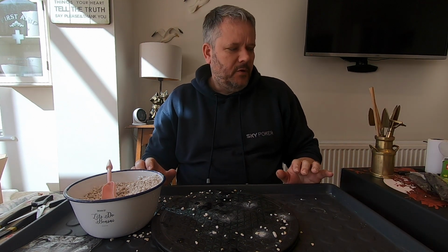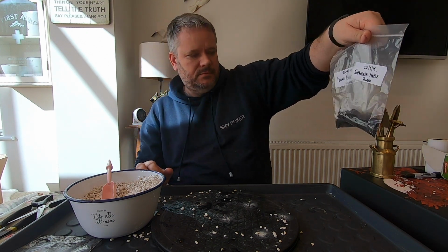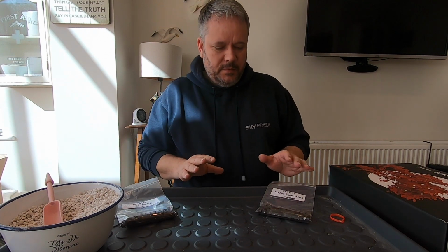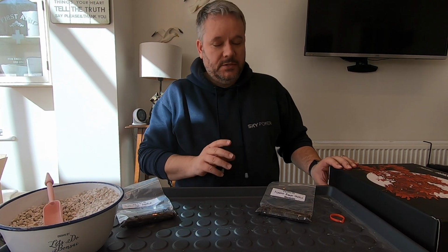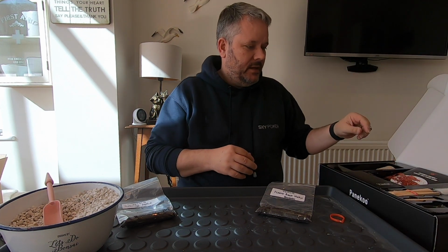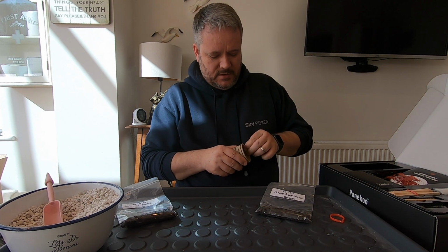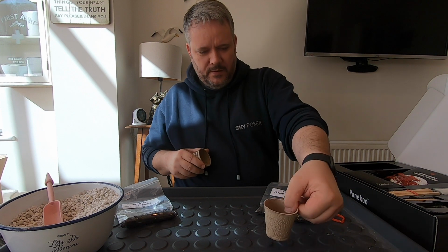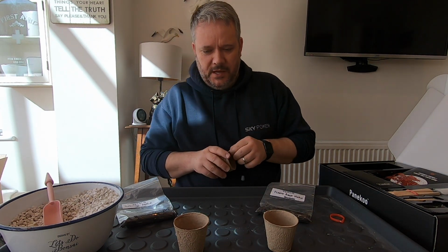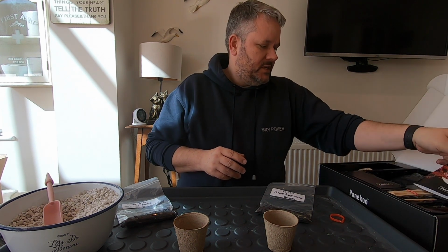So we'll get cleaned up a little bit and we will plant on the maples. For the maples, we're going to pot these on into some compost pots, and if I remember rightly, in the grow kit we still had a number of pots, etc. So we'll get one out for the maple flame mûr and one out for the Japanese maple. We still have